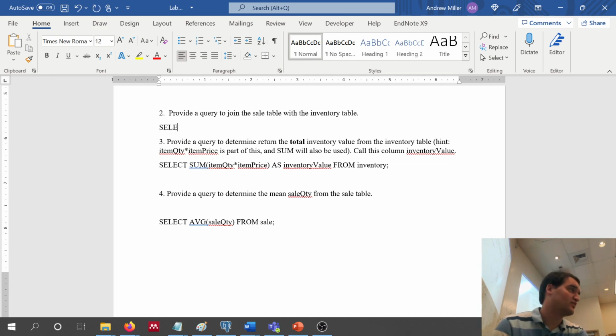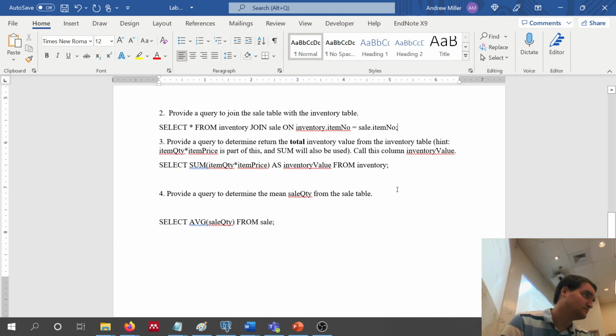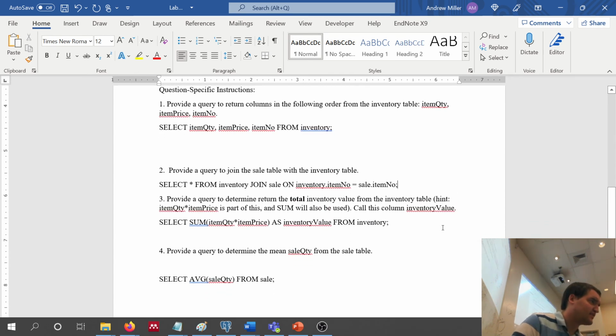So just a basic join, I'm going to say select star from inventory, join sale on, we'll say inventory.item_no equals sale.item_no. All right, is that all we have to do for that one? So that's it. That's lab 6.